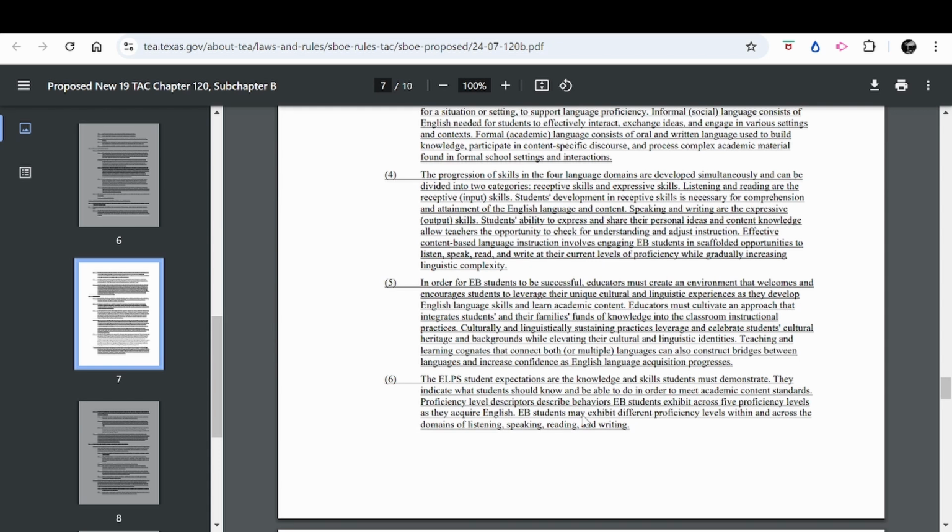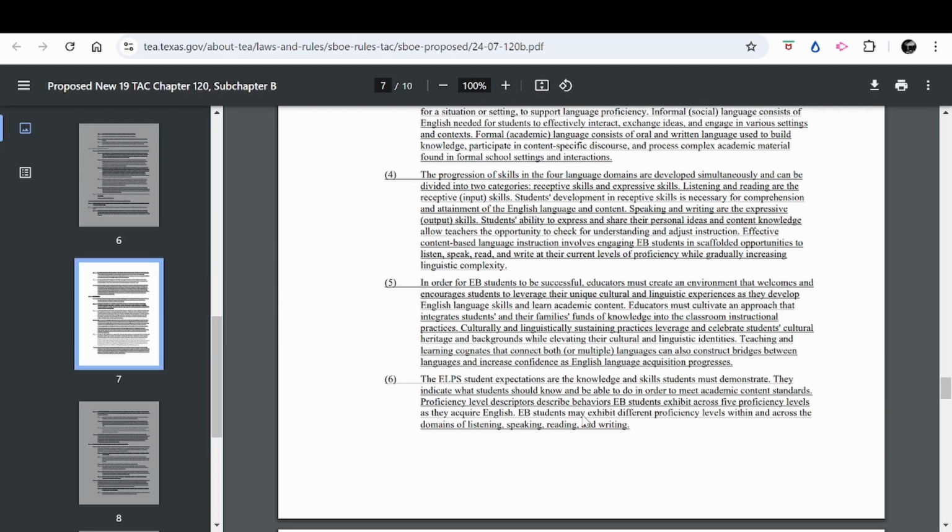E. In order for emergent bilingual students to be successful, educators must create an environment that welcomes and encourages students to leverage their unique cultural and linguistic experiences as they develop English language skills and learn academic content.